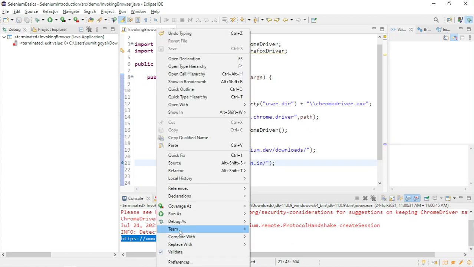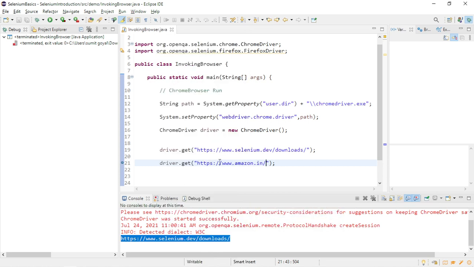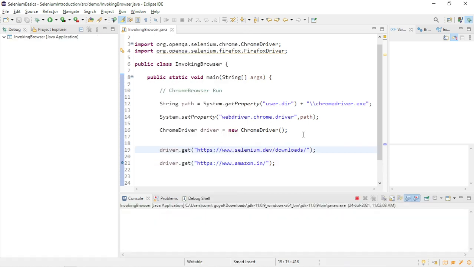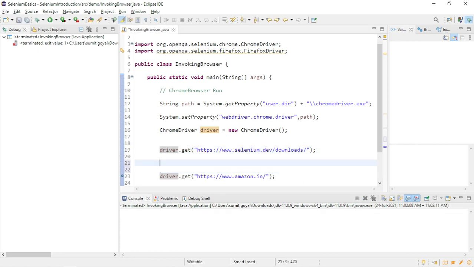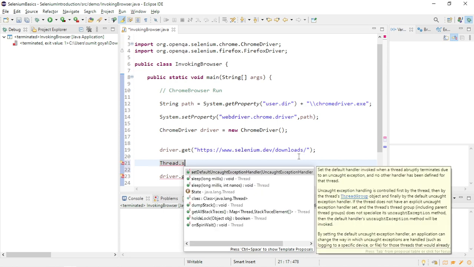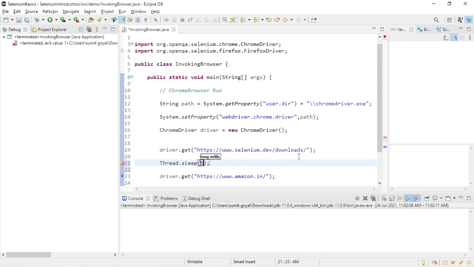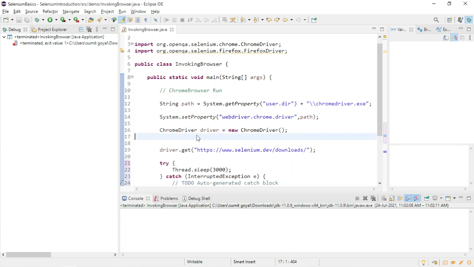Okay, so if I run it, let us see how it will work. First, it will open this one. Let me do one thing. Let me put some Java wait. We should not use this one, but for demonstration purposes. If I put 5000 milliseconds, it will wait. Let me put something smaller, like 3 seconds. 3000 milliseconds, which equals 3 seconds. So now if I run it,